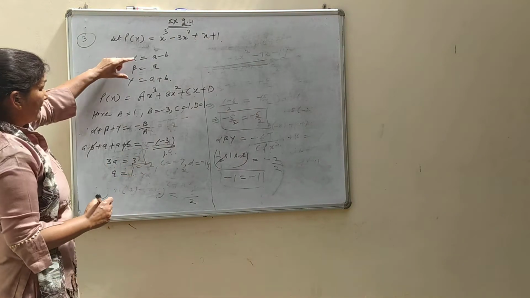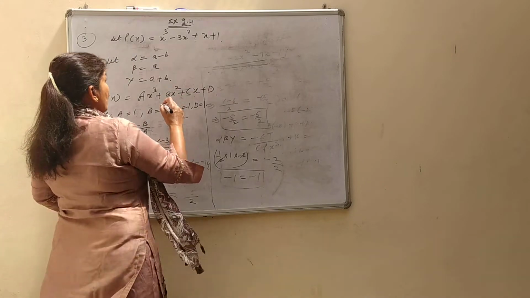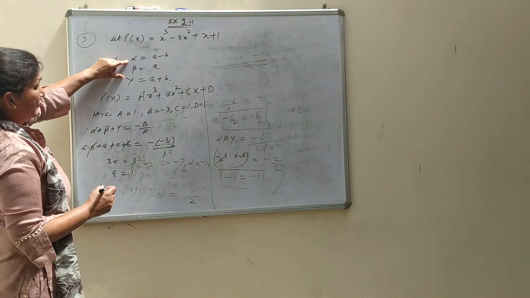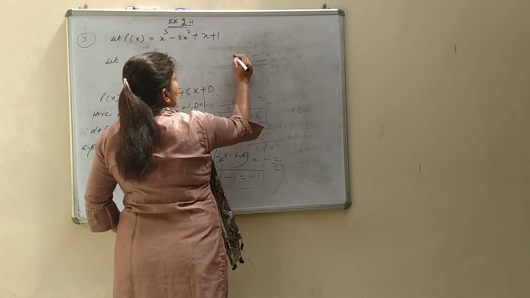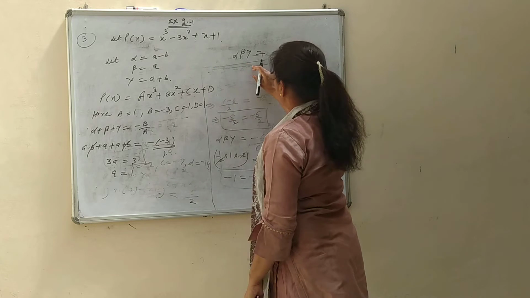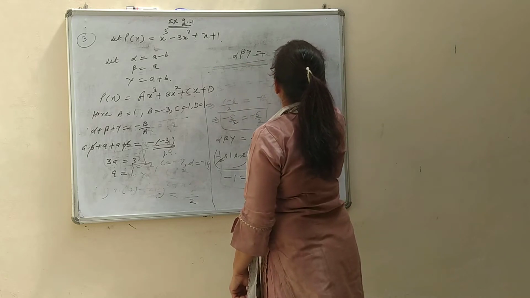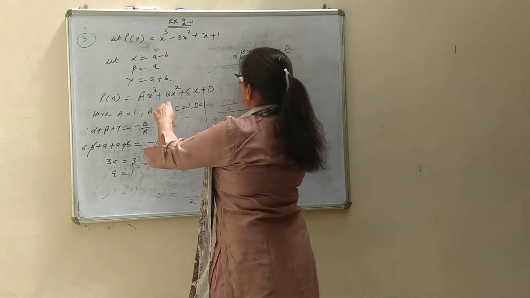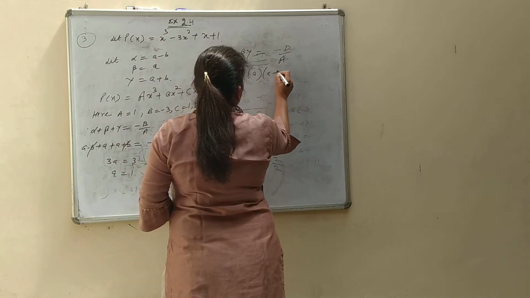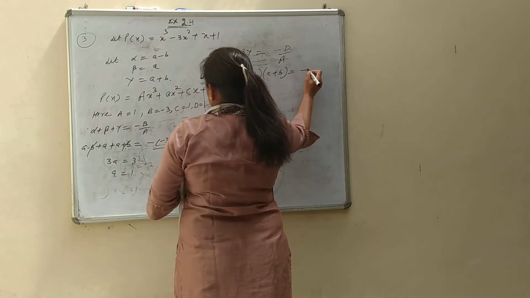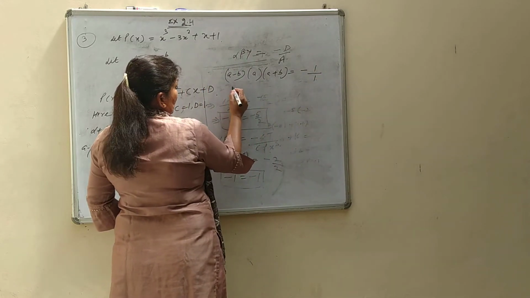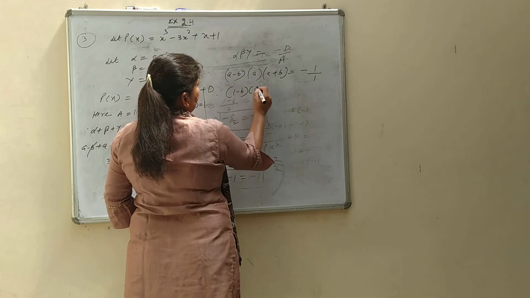Now we have to find the value of b. We have two options. One option is the sum of the zeros taken 2 at a time. The other is the product of zeros taken 3 at a time. It's easy, that's why I am taking this one. Alpha beta gamma we know is minus d over a. The value of alpha a minus b, beta a, gamma a plus b is equal to minus d, minus 1 over 1. By putting the value of a as 1.